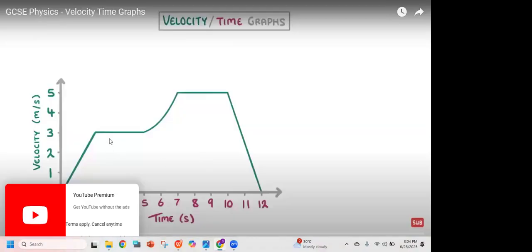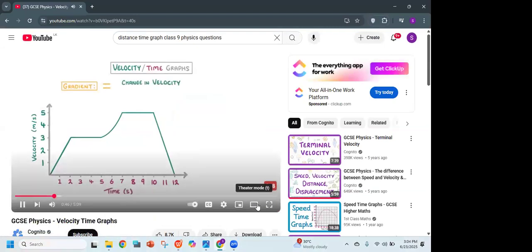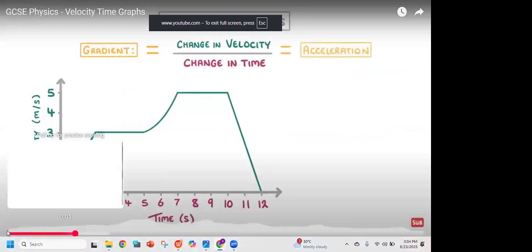So, if we want to find the gradient of the curve at any point, we have to do the change in velocity over the change in time, which you might notice is the formula for